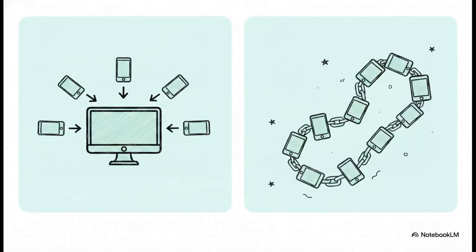To really pour gas on the fire, you've got 2 main plays here to supercharge that funnel. First is the flood method, where you take every single short you make, whether it's about the Earth's core, black holes, the Mariana Trench, and link them all to one single, high-converting flagship video. The other option is the short-to-short method. This is where you link your Earth's core short directly to your Earth's mantle short. That creates a totally bingeable series that traps viewers inside your channel's ecosystem and skyrockets your overall session time.